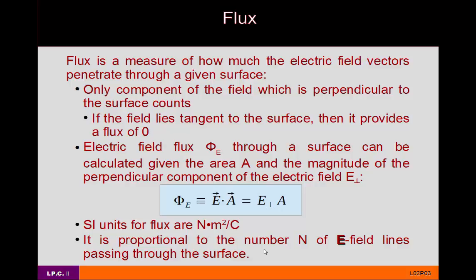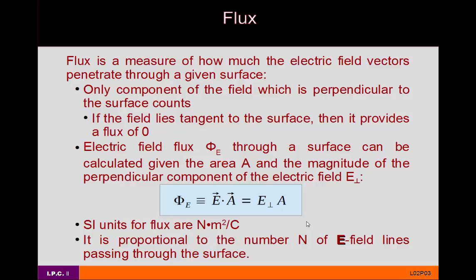And one last little note on this page is that if we want to figure out the relative strength of the flux of the electric field through two given surfaces, it is always going to be proportional to the number n of the electric field lines which pass through each surface. So if you have two different surfaces and you get the same number of field lines passing through each, regardless of the angle between the two, as long as it actually does pass through and not run tangent to it,